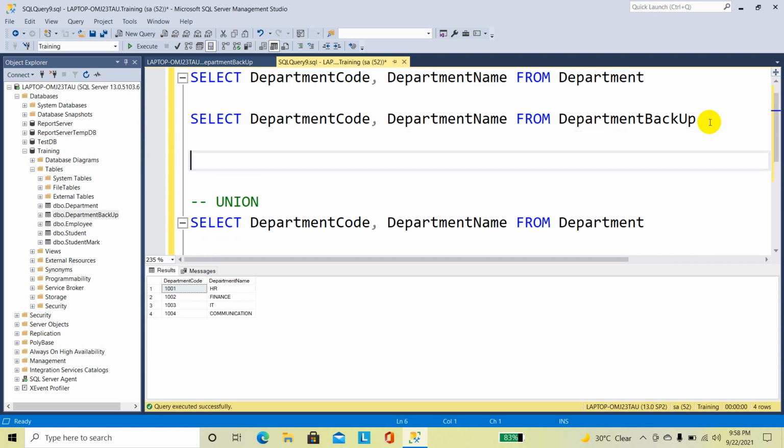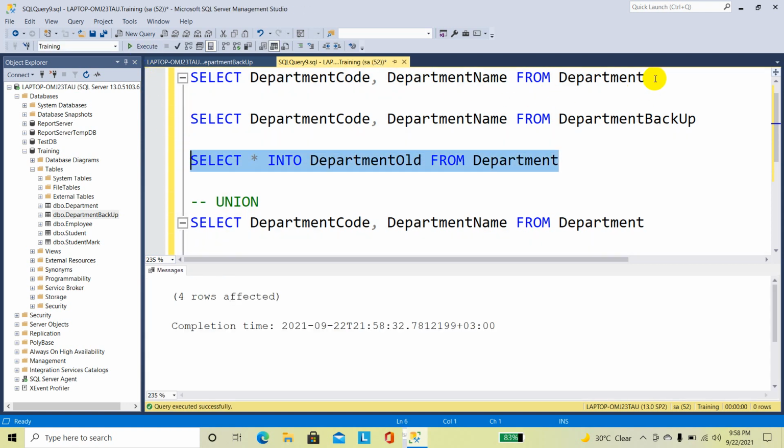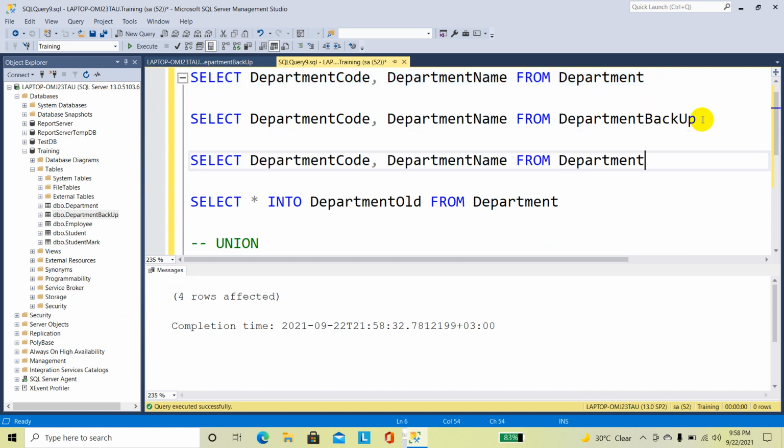I am going to create one more table, department old. Now a new table is created, that is department old.